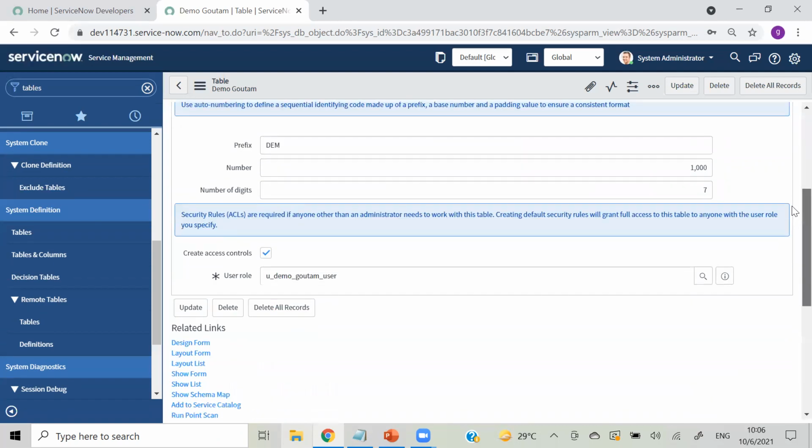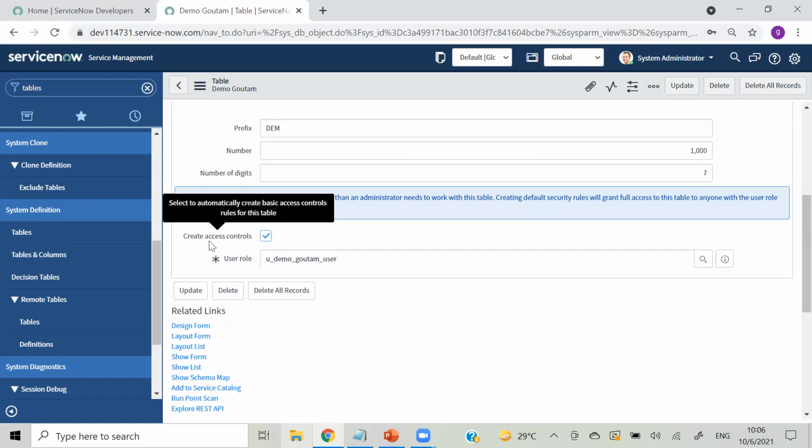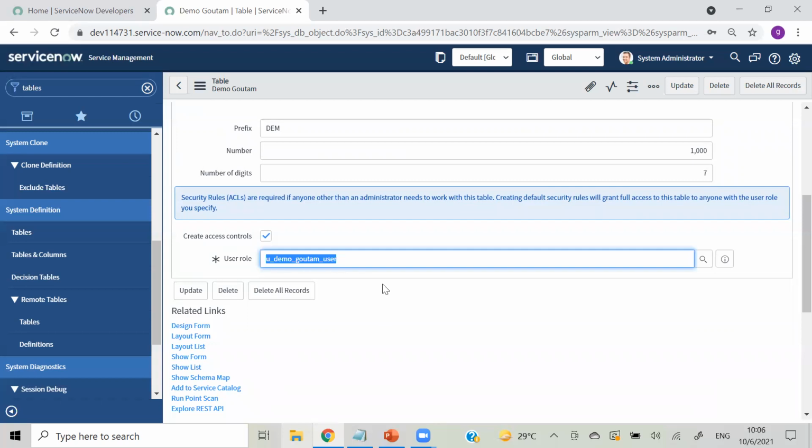That is clear. On the bottom, create access control, and you can see by default a user role got created. Each table has a role created, which is the role that will access that particular table. My table name was demo underscore Gautam, so it created a user role with that name. We will see what this user role is.